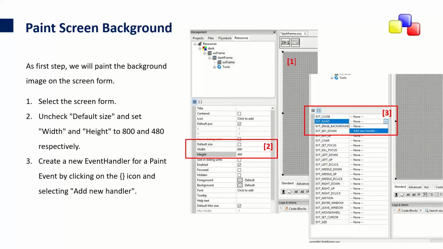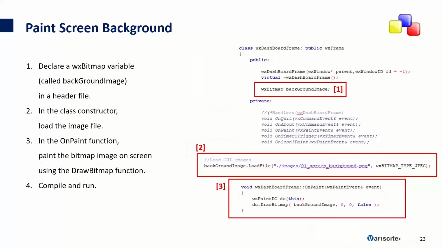How can we do this? First of all, steps 1 and 2 are shown in the slide. For step 3, we need to create a new event handler, and then select from the list the add new handler option. This will create automatically